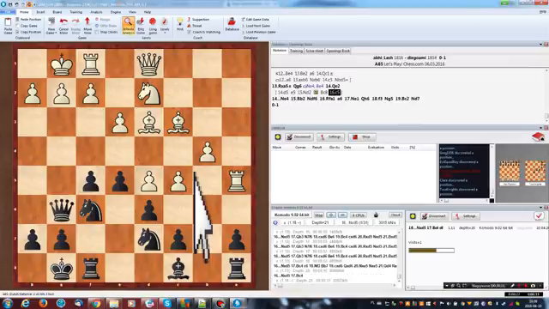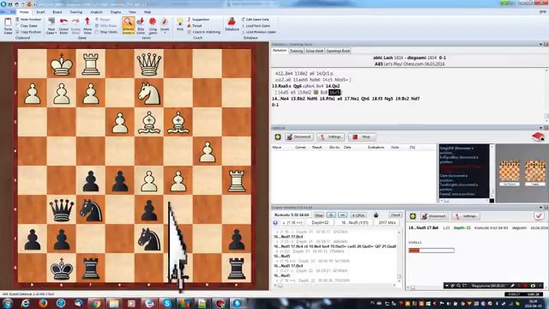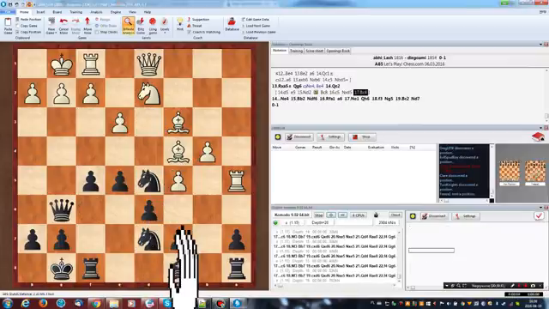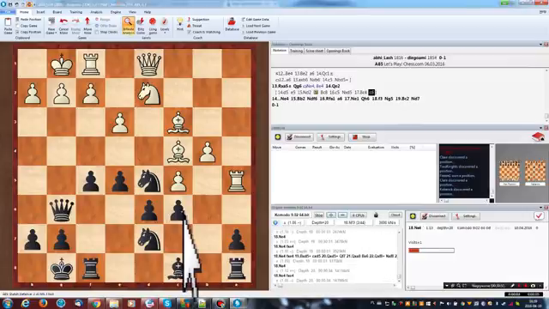In fact, what is stopping black from taking on d5? Okay, there is a pin. I understand that there is a pin. Now it's going kind of wild. Bishop c5, d4, and then c6. Yeah. Knight e4. Really? Okay, now that's...